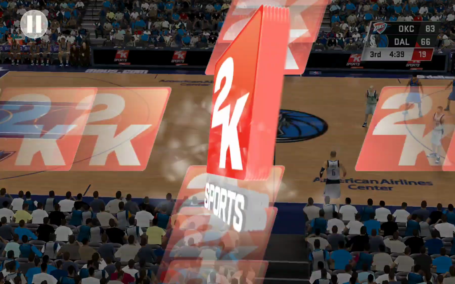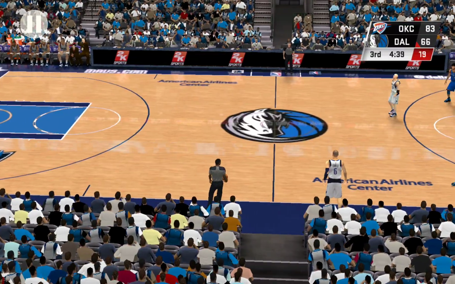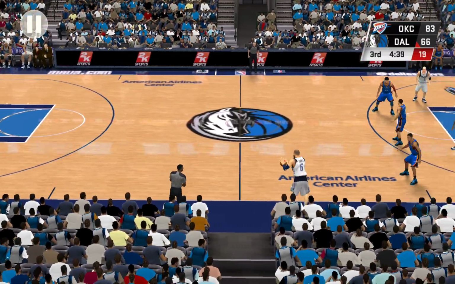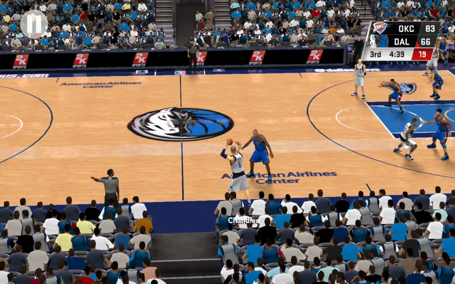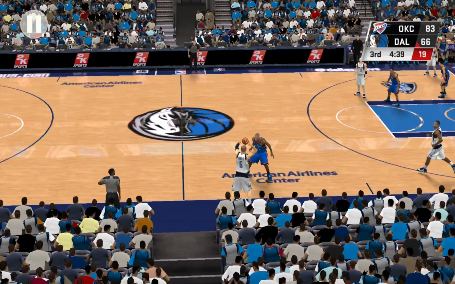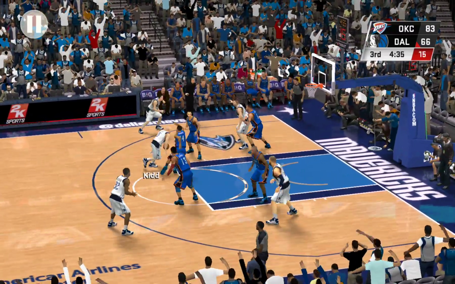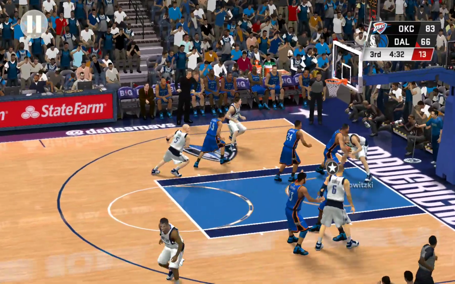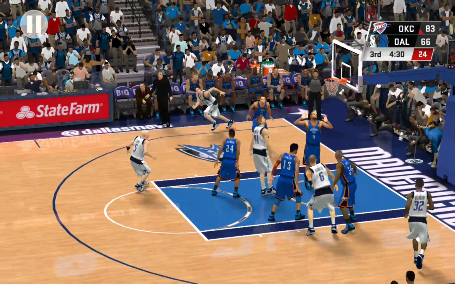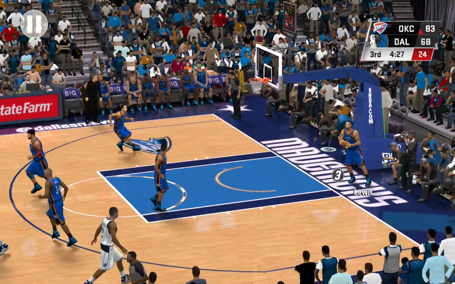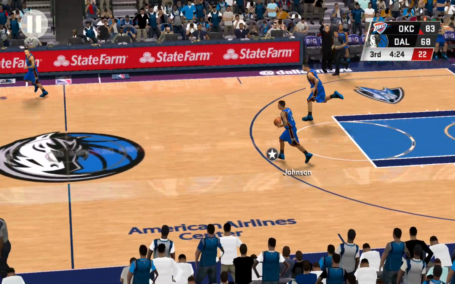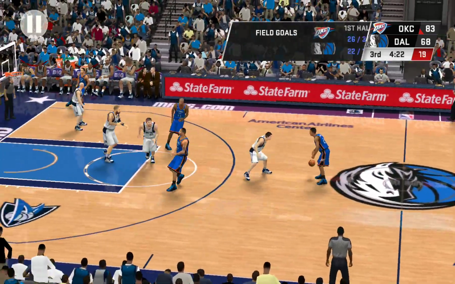And the Thunder making a change here. Pass to Kidd. And the shot is good from Nowitzki. Took advantage of some shoddy defense there. They've got to at least get a finger on it.